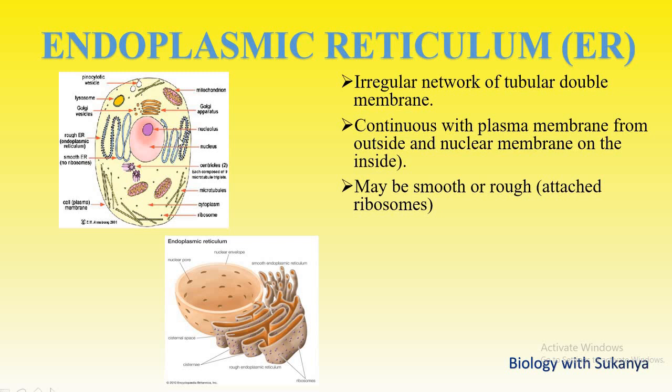This blue colored structure is the endoplasmic reticulum. On one end it is connected with the nuclear membrane and on the other end it is connected with the plasma membrane. The ER may be smooth or rough depending on the attachment of ribosomes. Ribosomes are another cell organelle, and if the ribosome is attached to the endoplasmic reticulum, it is known as the rough ER. Over here in the down picture we can see that small circular ribosomes are attached on the ER. So this is known as the rough endoplasmic reticulum, and when the ribosomes are not present on the ER, it is known as smooth endoplasmic reticulum.